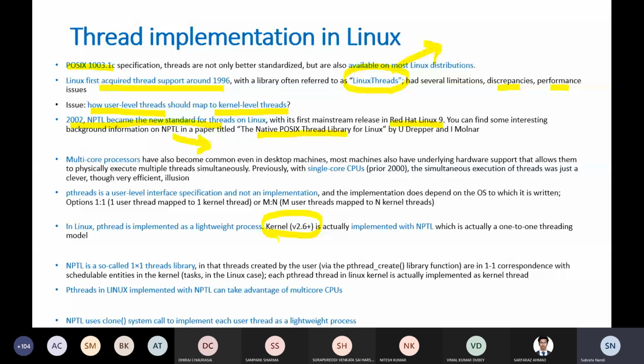So it is from kernel version 2.6 onwards, considering the suitable modifications, that NPTL came up with the thread implementation,